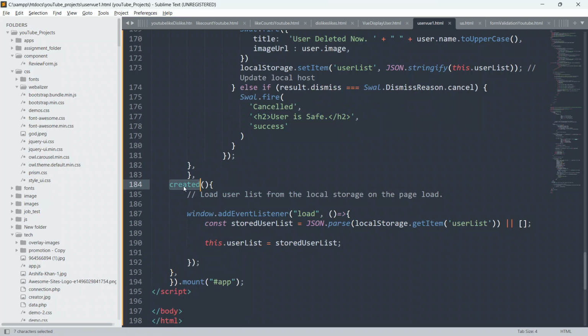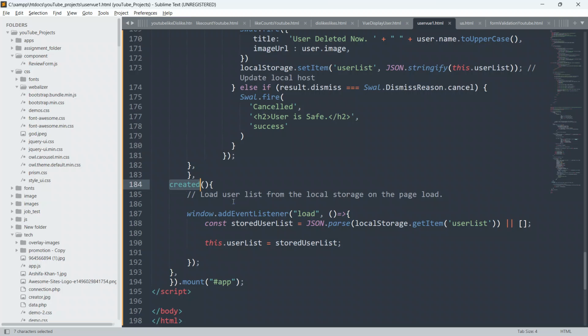The created method is used to load something into the UI in Vue.js when you are about to load your page. It will not wait for the HTML, the style sheet, the JavaScript, or the images. It will load all the things as soon as your page loads, as soon as your page is refreshed. So we just used created for that purpose in Vue.js.